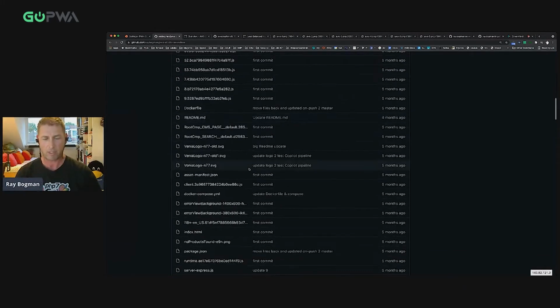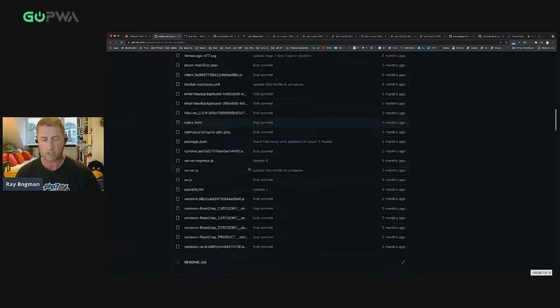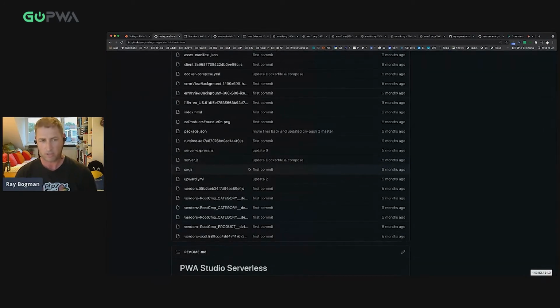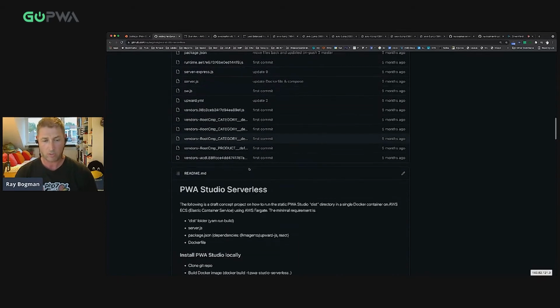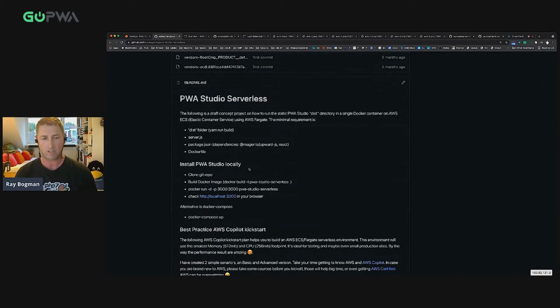So the next step is, we've created a Docker container. We know that Docker container is running. We know that all the functionality to our Magento backend is running. So what's up next? Well, over here, I got a little bit more into detail on what kind of functionality is needed to deploy that.